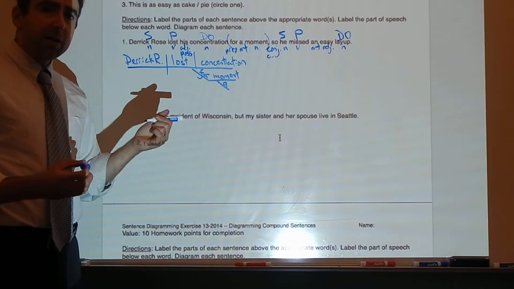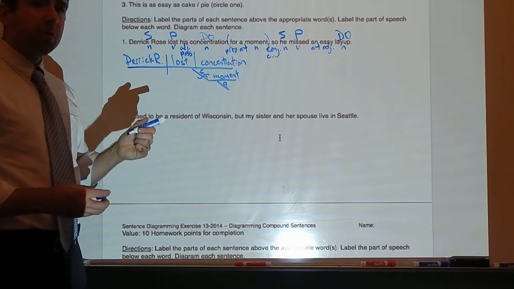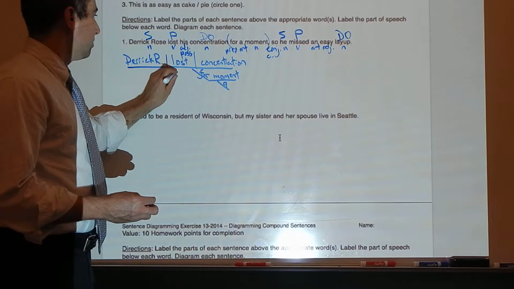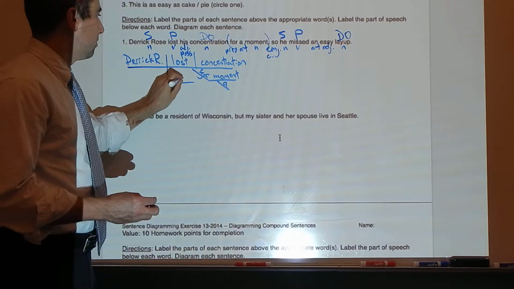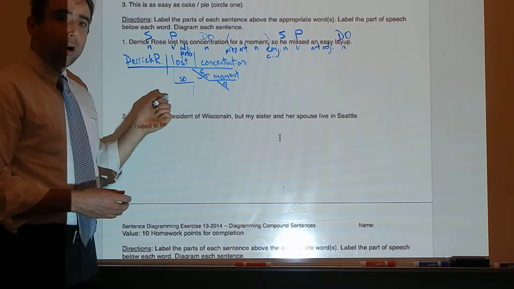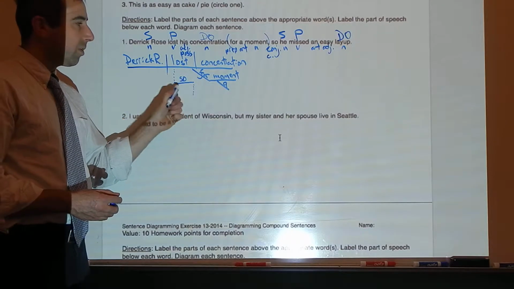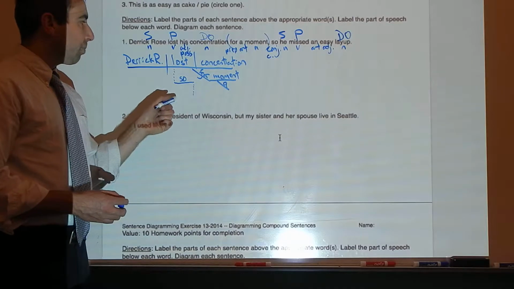And now we're going to diagram the conjunction. Pause for a second, follow the model from the previous sentences. All right, I hope you did something like this. A vertical dotted line, a short horizontal line, another vertical dotted line. This will connect the predicates,